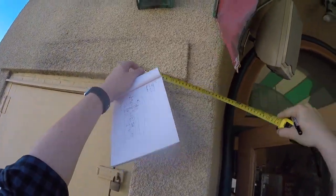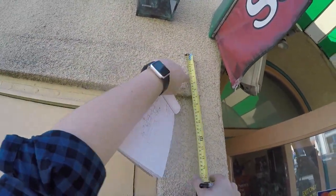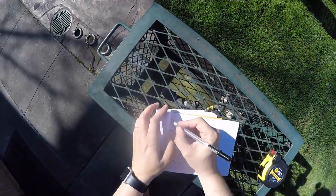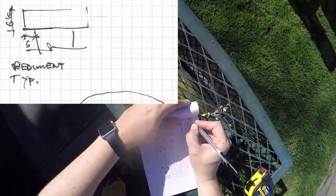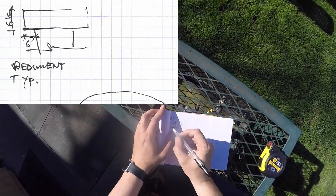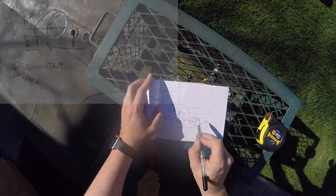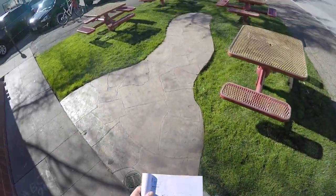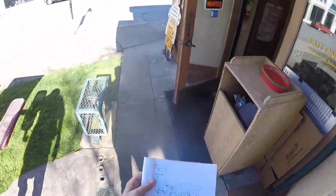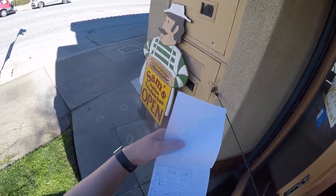So that's 5 out there, and then what is it there? 6 and a half, right? So we'll call that 6 and a half and 5. So I can repeat this, and I'll call that typical. So that's everywhere that one of these is going to show up. It's going to look like that. Okay, so I would repeat that on all these other little